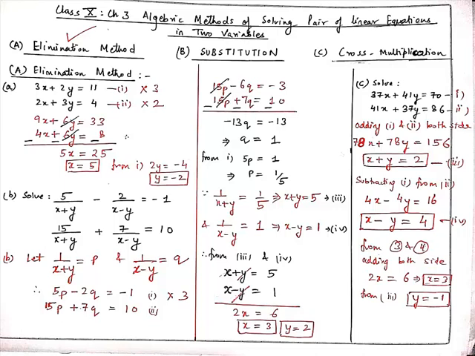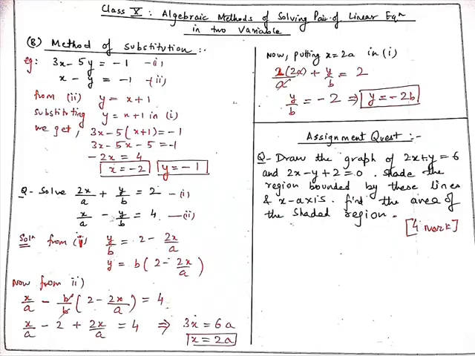So on adding both the equations, y and y will cancel out and 2x equal to 6. So therefore x equal to 3. And if x is 3, then y will equal 2 minus 3, which is minus 1. So y is equal to minus 1. Now student, our second method for today is the method of substitution.